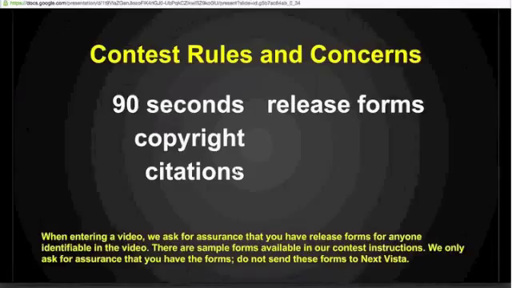So our assumption is that the teacher and the student have talked together about this video, and that they've ideally worked together to make sure it's as good as it can possibly be, that they've covered any inaccuracies in it as well, of course. Matter of fact, the teacher is assuring us that this is the case when he or she fills out that form. And then they also check the box that says, we have release forms for anybody identifiable in the video.